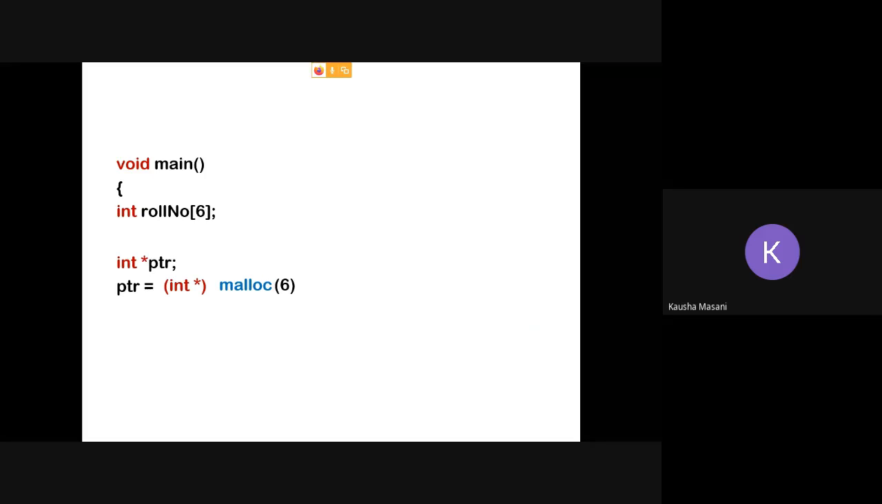Okay, that is how you are going to write. Now, if you can see, the size of roll number is 6 and the malloc size which is mentioned is also 6. So you might think that the same amount of memory is going to be allocated, but that is not true. Why? The reason is,